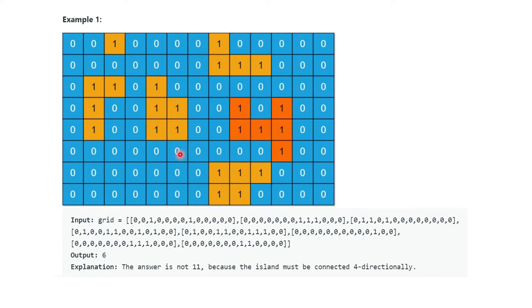Okay. So our goal is to find the island which has maximum area. So if you look here, this particular island has area 6. Other than that, every other has less space, like 5 or 1 or 4, right? So that's why the answer is 6. And here if you check, it is mentioned that the answer is not 11 because the island must be connected